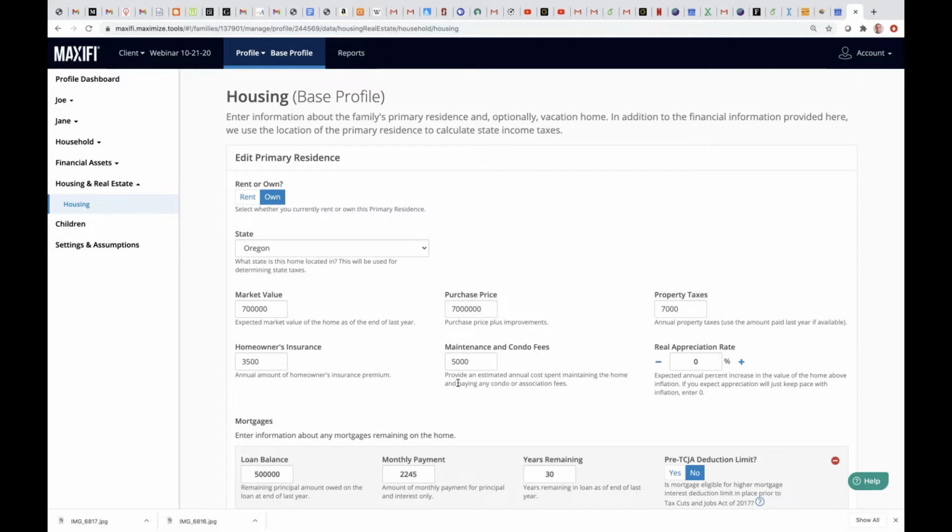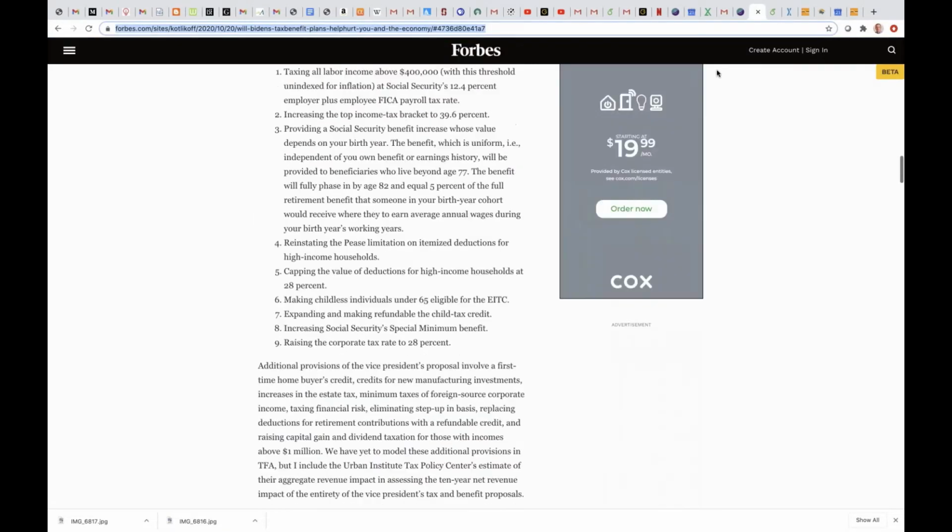I wanted to add on to that because there's a follow-up question from Jeff, which is, wouldn't withdrawing $500,000, say, from a 401k account have huge tax implications? He says he needs to account for that because he feels that changes the equation a lot. Oh yeah, the program fully takes into account those tax considerations. Let me just see if I can pull up this column here from Forbes.